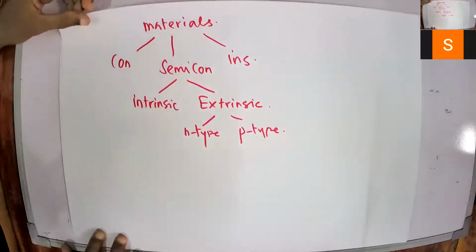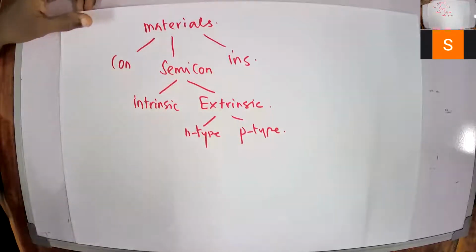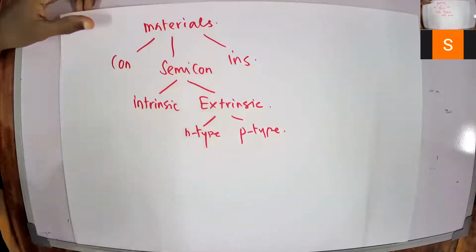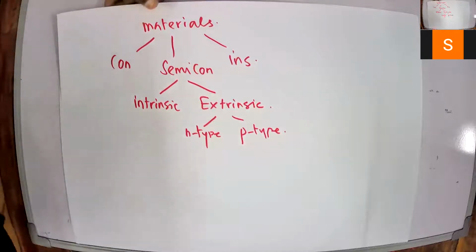Okay, right now, yeah, we can move to a pn junction,